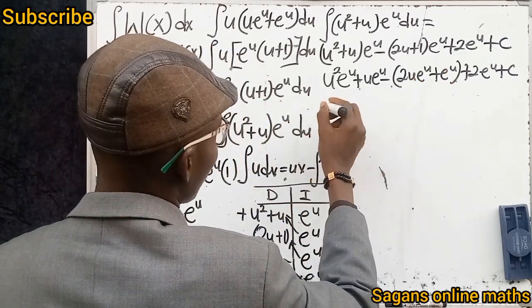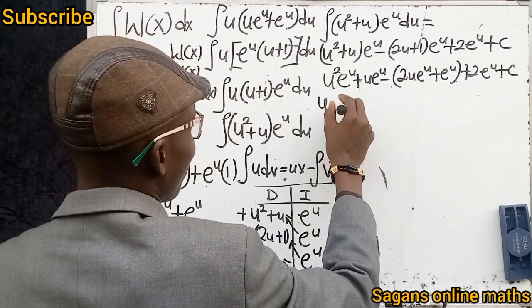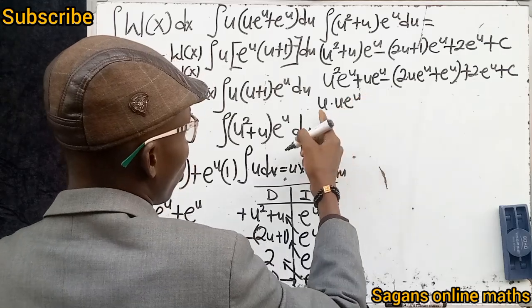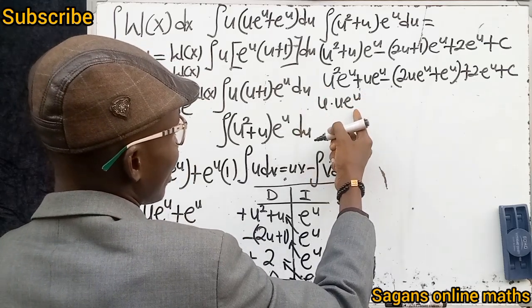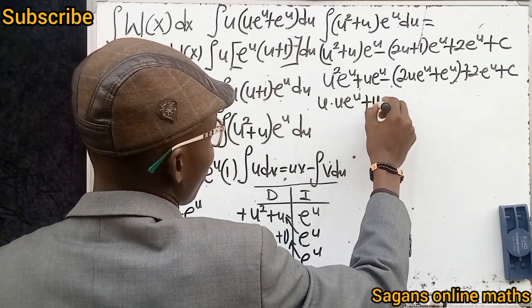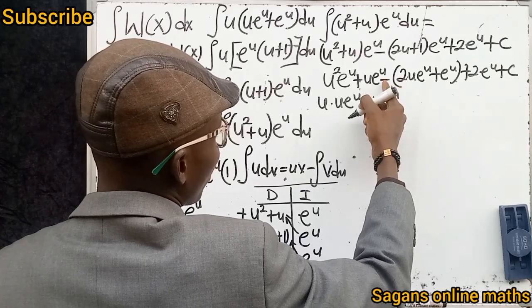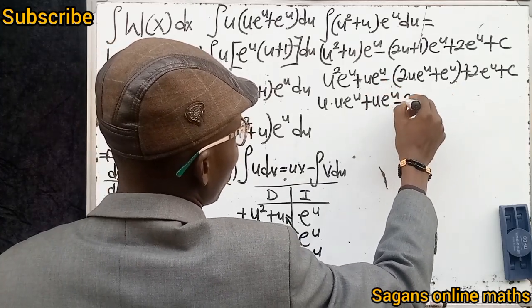But we can do something here. Do you know that this is something as U multiplied by U e raised to the power of U? Because U times U is U square, so they are the same thing. Then plus U multiplied by e raised to the power of U. If we use minus to open this parenthesis, we're going to have minus 2 multiplied by